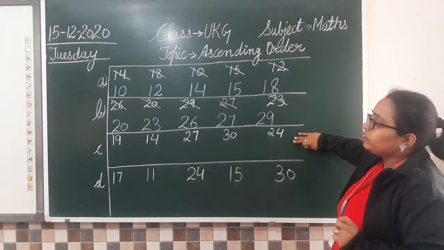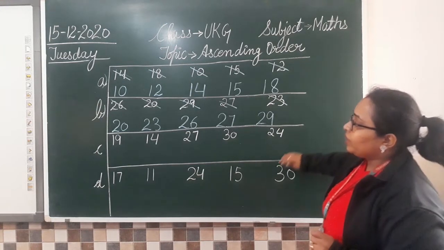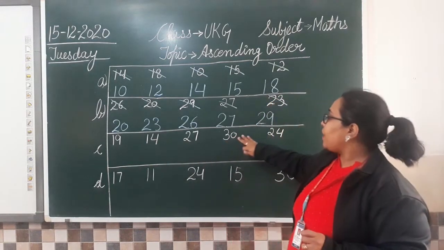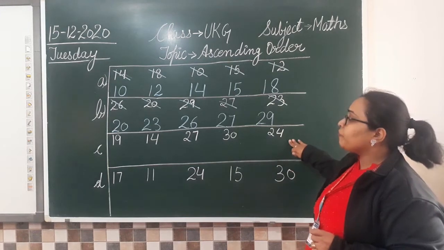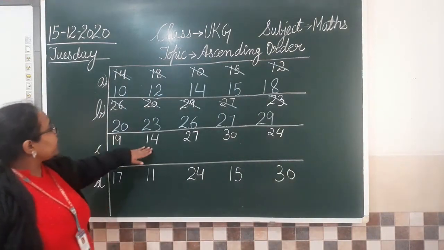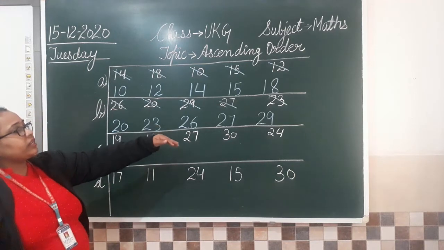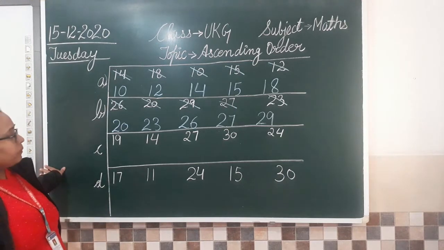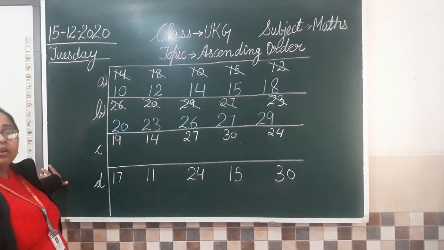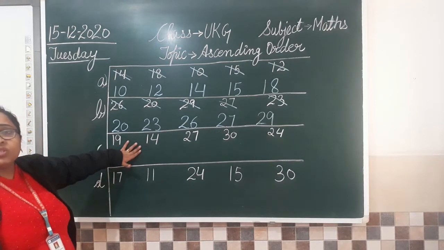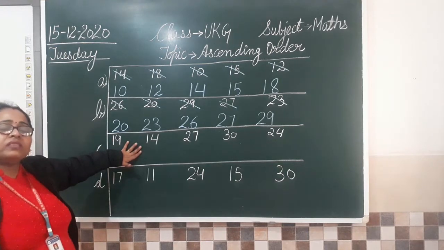Numbers given are 19, then we have 14, we have 27, we have 30 and 24. So kindly solve 19, 14, 27, 30 and 24. So tell me which is the smallest of all. Just have a look, give yourself 2 minutes and say which is the smallest here. Counting बोलिए फटाफट से. You can say the counting.